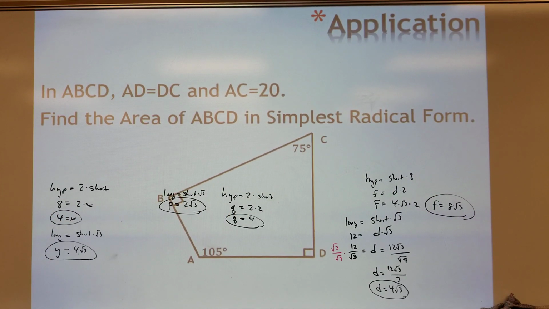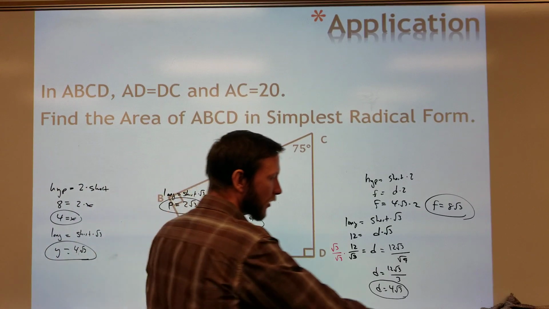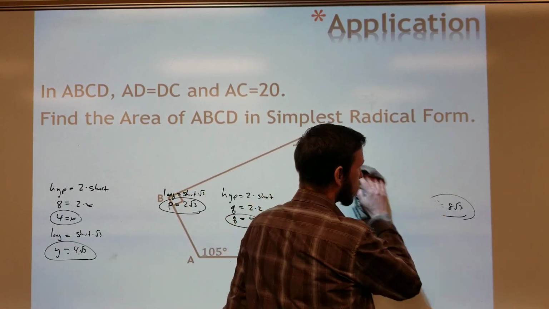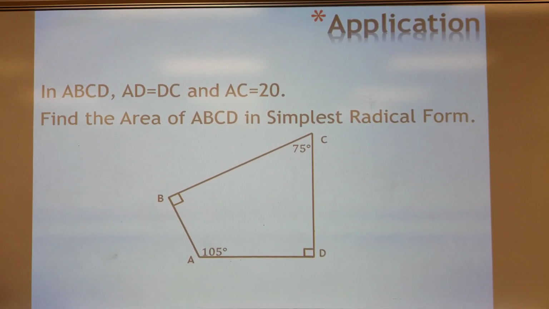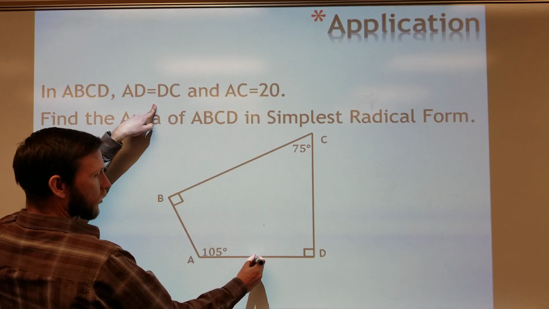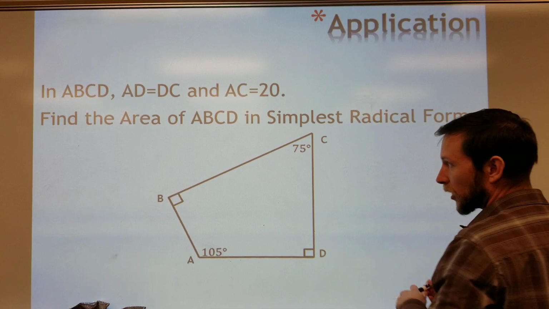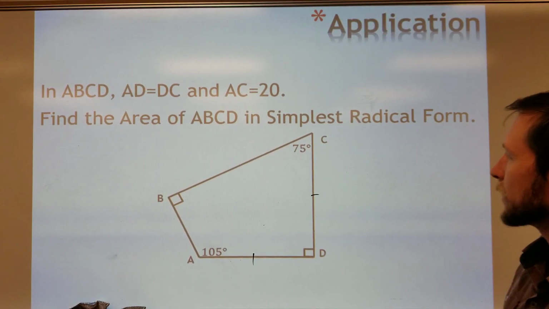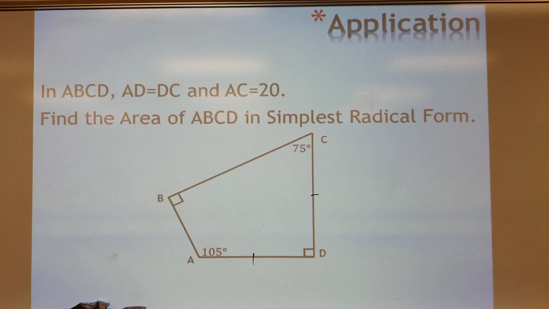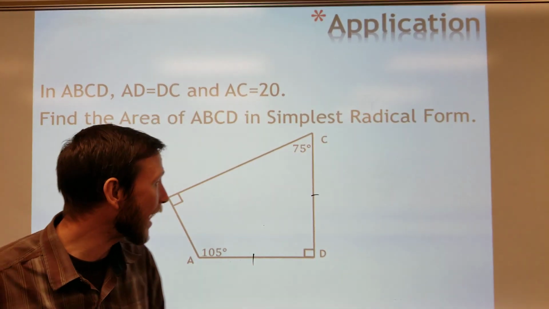All right, and then here is an application item. This gets a little bit involved, so forgive me on this one if this is a bit of a stretch of our power today, but we're going to do this. We've got this awkward quadrilateral. It's not a kite, it's not a rhombus, it's not a trapezoid, but we do know that the length of side AD is equal to the length of side CD, or that those sides are congruent to each other, which means that when I draw this diagonal,